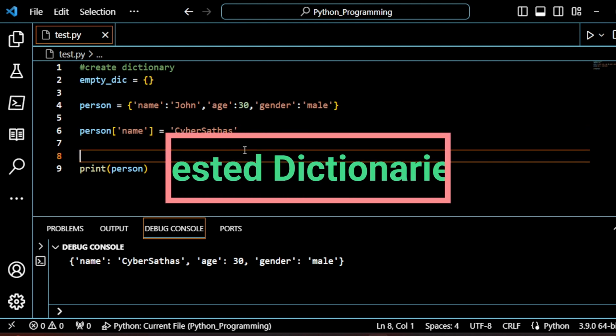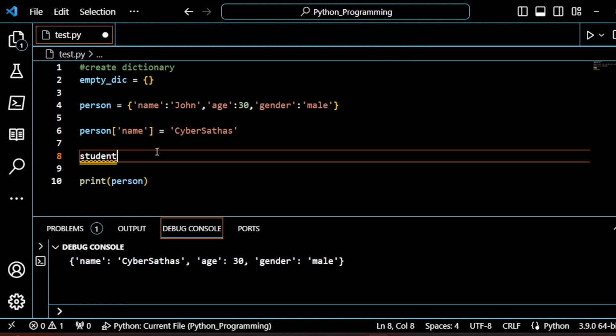And there are different other types of dictionaries as well, such as a nested dictionary. So suppose you want to store student information, this is a student dictionary, with curly brackets. The student will have a name and his name may be John. He'll have age as well, same as a person, and that's 20. And a student may also have grades, right? Grades is the key and the value is